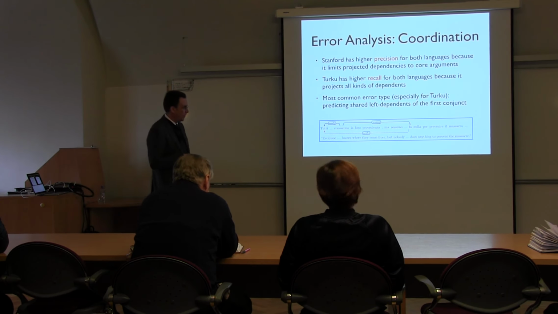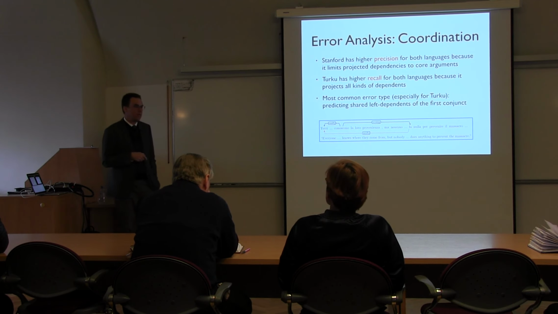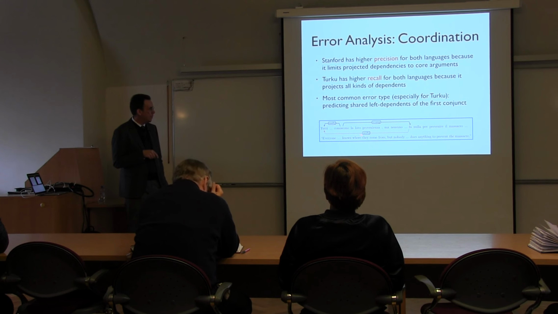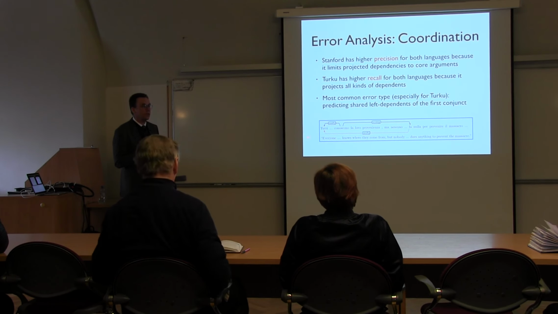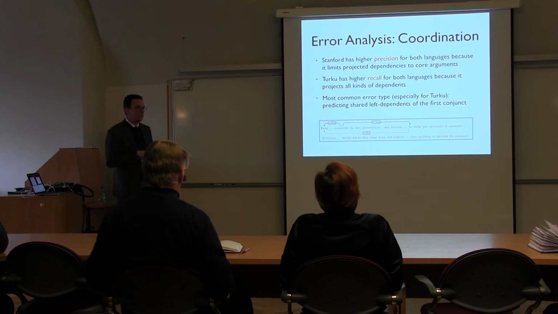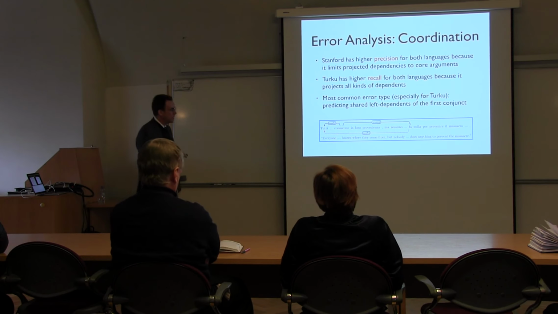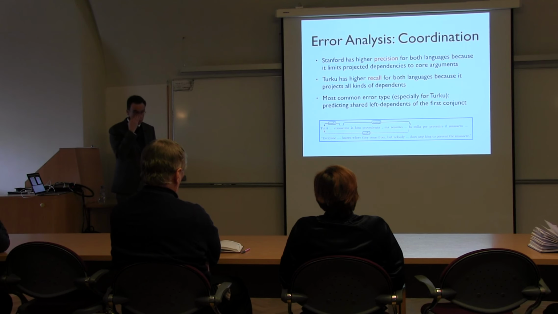Here is another one from Italian that I think you should be able to filter out because it's a case where it says everyone knows where they come from, but no one does anything. So note that in this case, the second conjunct here, the does, actually has an overt subject itself. And then, of course, we know that this one is not shared. But the simple data-driven system doesn't have a filter like that. So this is an obvious thing that they could probably improve, at least for the core arguments. In other cases, it might be more tricky, but for the core arguments, you could definitely filter out these cases.